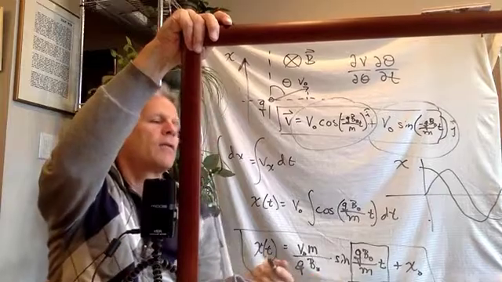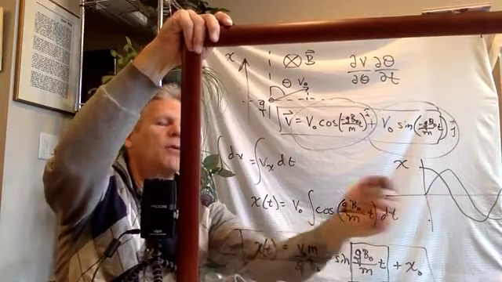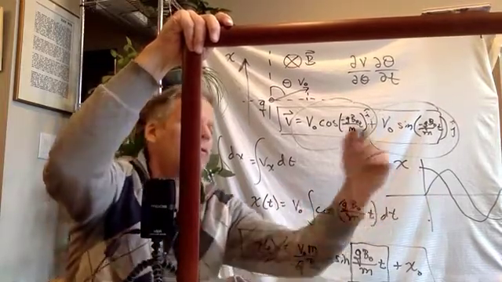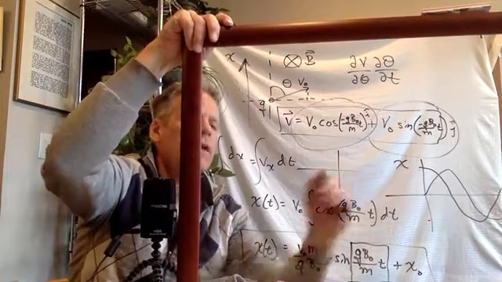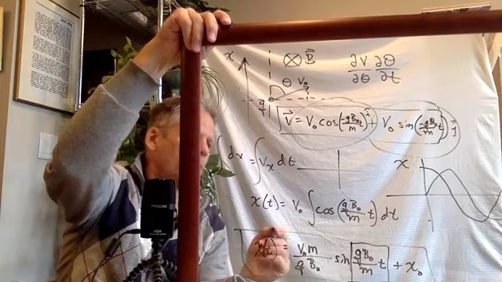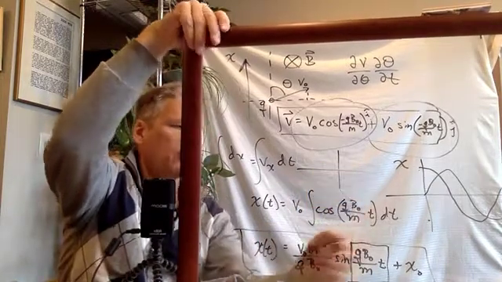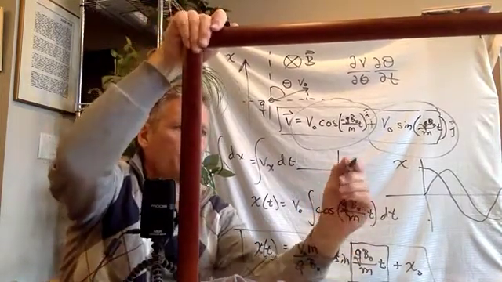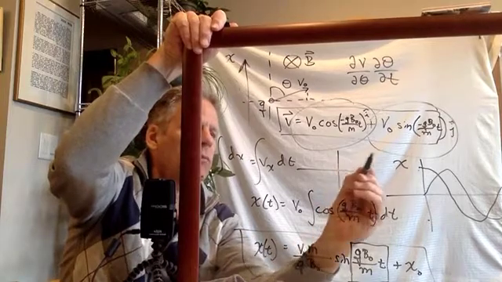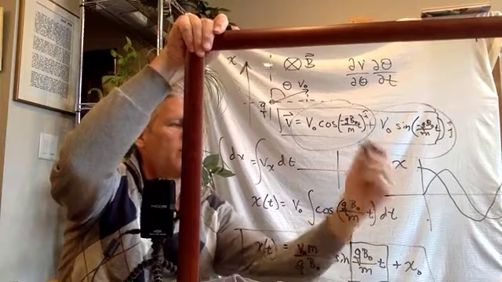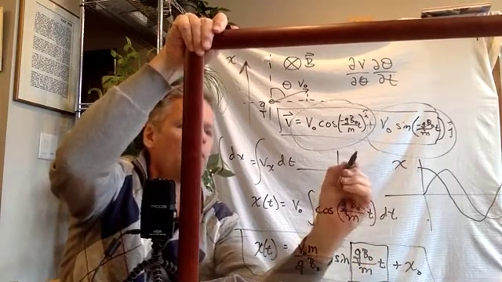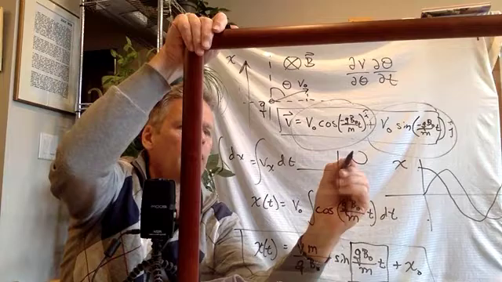Okay? And so what does that actually look like? Well, when you look at these x and y's together, you can do this much more analytically, but you can just look at this and see what happens. You have an x that's going like this back and forth from one value to another. You have a y that's doing the same thing, but it's offset in time. So what does that look like? It looks like that,